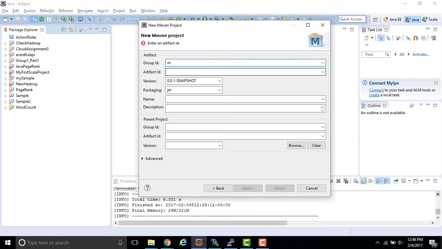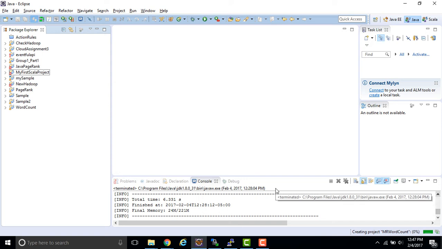Since it is a word count program I'm giving it as org dot wc, for word count, and the artifact ID is the project name. I'm naming it as word count. Since the word count already exists, I'm going to name it as MR, MapReduce word count, and click on finish. So now the Maven project is created